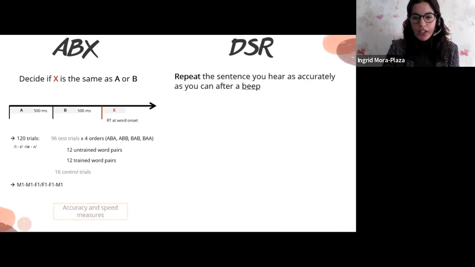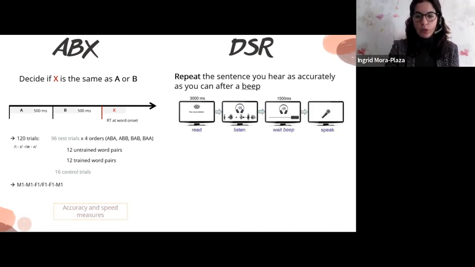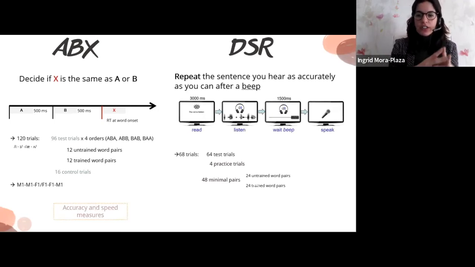So in terms of production, learners were asked to read a sentence which contained the target word. They listened to it, they waited for a beep, and they had to repeat it. So this test consisted of a total of 68 trials, 64 tests and 4 practice trials. And the testing stimuli belonged to 48 words coming from minimal pairs. And in addition to this, 24 minimal pairs were trained, 24 were untrained, and all these sentences were distributed into